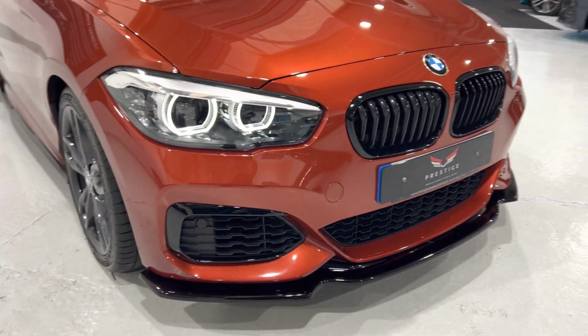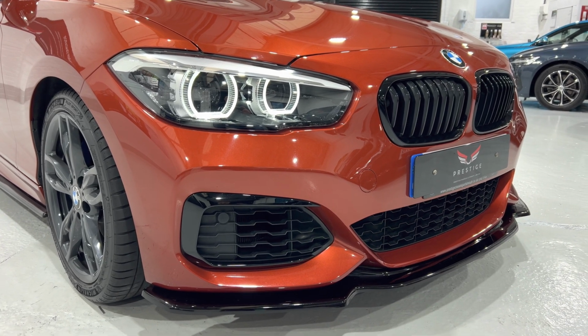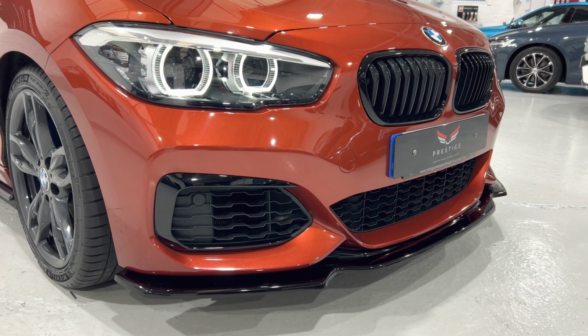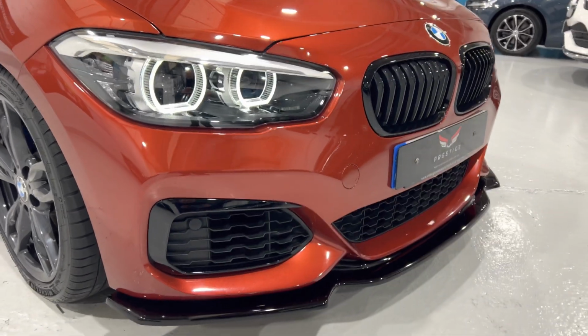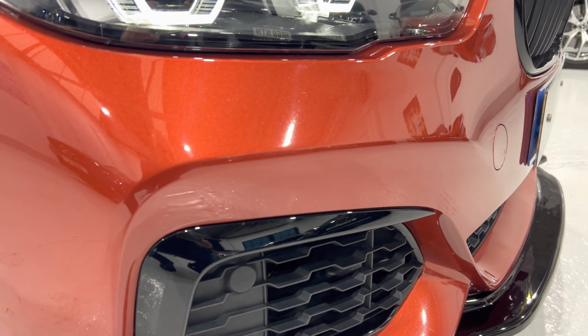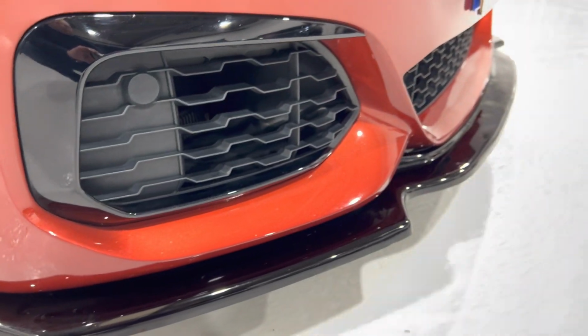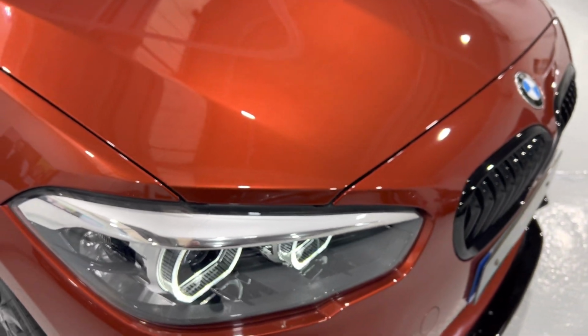Come round to this side as well so you can see all of the front bumper. It's in really nice condition, as I say. Quite often the BMWs get quite pitted. If I come in really close, you can see the paintwork is really nice all the way along the bottom there. And then if we come up onto the top,